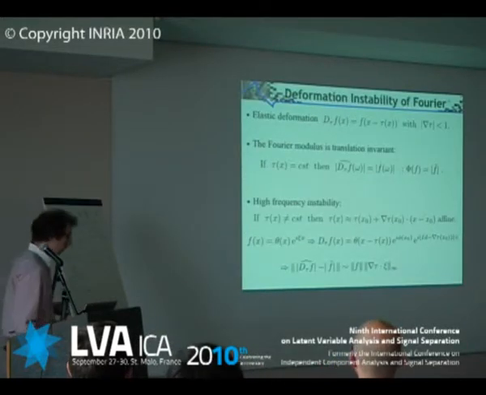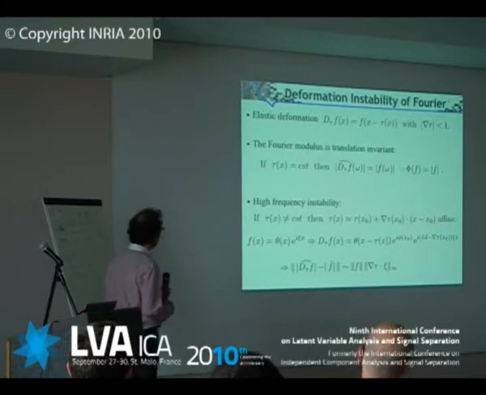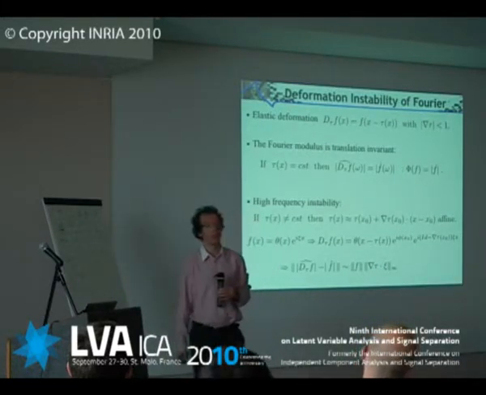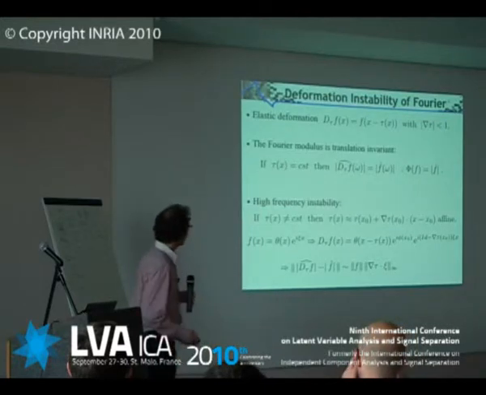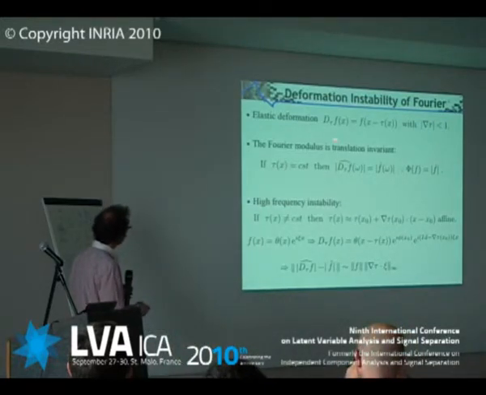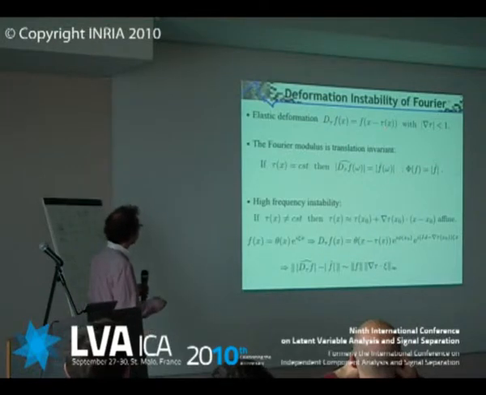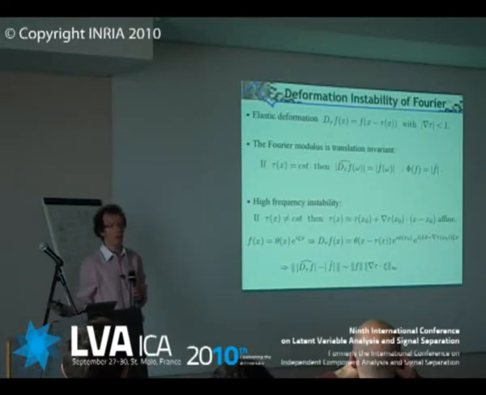So let me begin to try to understand the issue, to see how things go if you use a Fourier transform. The Fourier transform is very natural. We have here an elastic deformation, which is basically a translation, but τ depends upon x. And it's very natural because if you have a pure translation, so τ is a constant, then in the Fourier transform you just have a phase change.